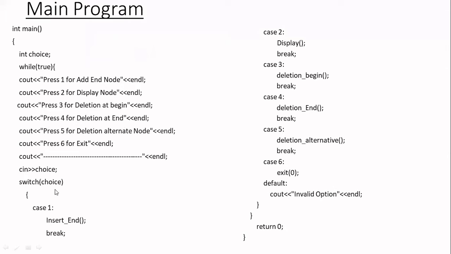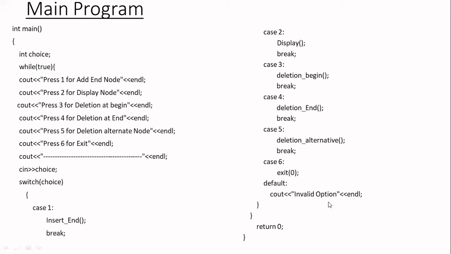So we are going to use a switch case. If the user's option is case 1, first you have to insert the nodes at the end. We are going to create a new circular linked list. If the user's option is 2, it will display the total number of nodes in the linked list. Case 3 is deleting the beginning of the circular linked list. Case 4 is deleting the last node. And case 5 is deleting the alternate nodes starting from the first. And case 6 is exit from the option. And the default case is for invalid.